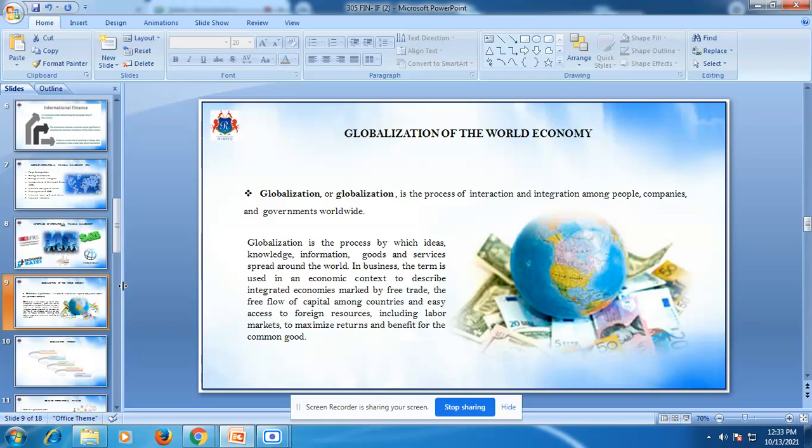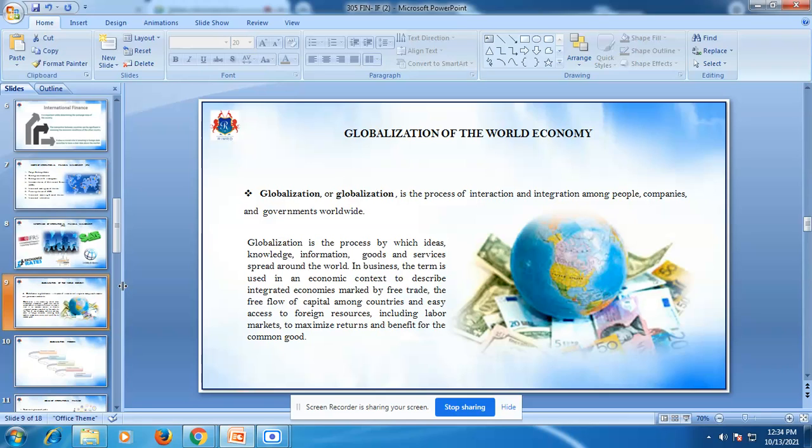Globalization has two main components: the globalization of markets and the globalization of production. The interdependence and integration of individual countries of the world may be called globalization. Thus, globalization integrates not only economies but also societies. There are various features of globalization. The first feature is opening and planning to expand business throughout the world. The second feature is erasing the difference between the domestic market and the foreign market.